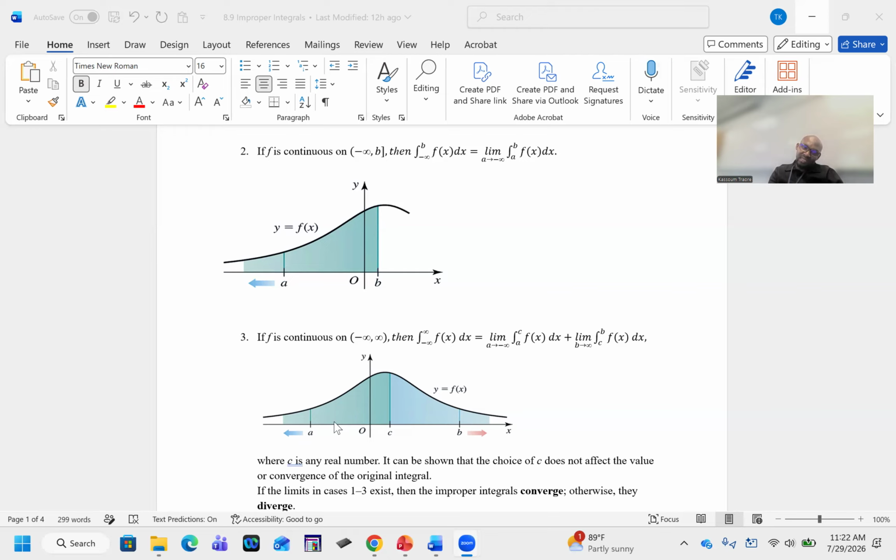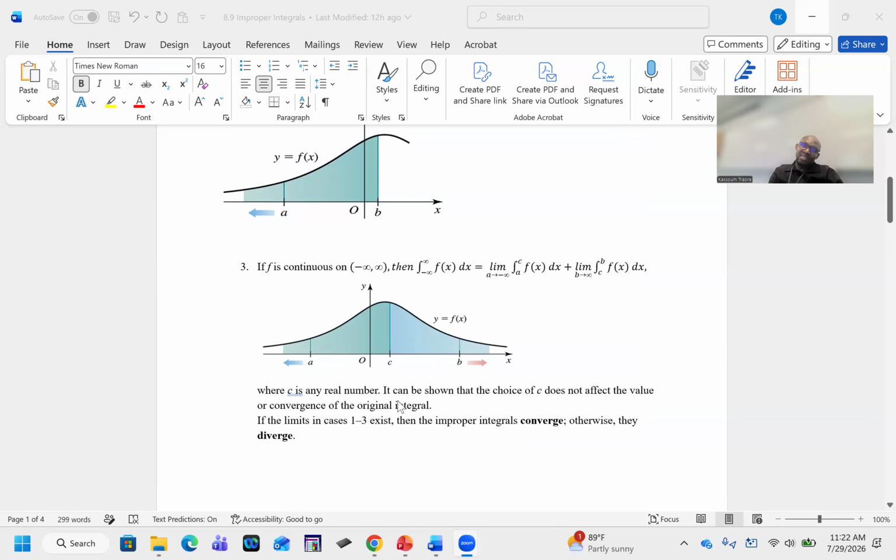And this is the case. You can see a is going to negative infinity, b is going to positive infinity. You can have c. So you find this area plus this area, where c is